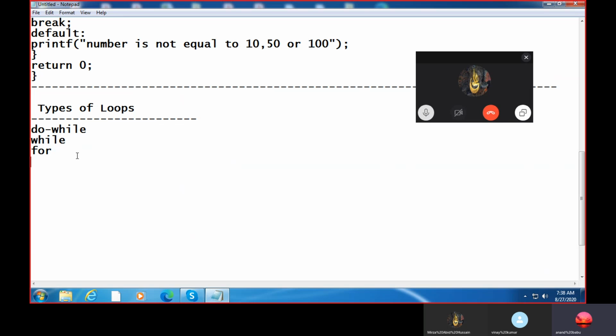So next is do while and for loop. Using these loops, the advantage is that they provide code reusability. Using loops, we do not need to write the same code again and again. We can also use these loops to traverse over the elements in data structures, in arrays, linked lists. See, now we'll see the syntax for do while. Do.